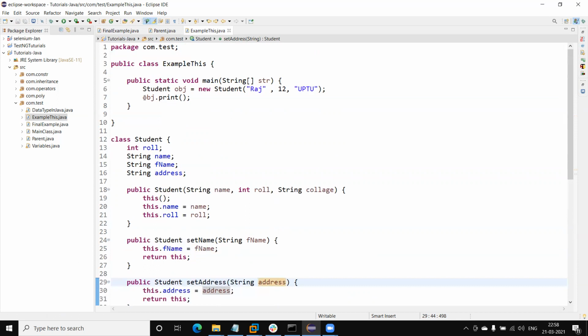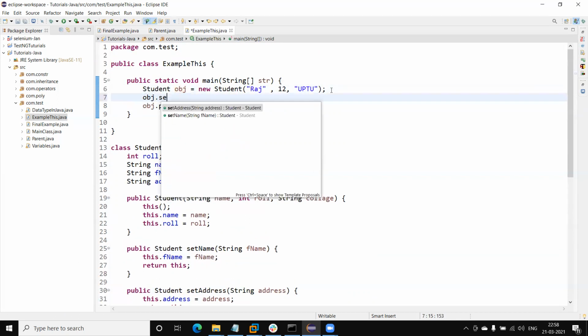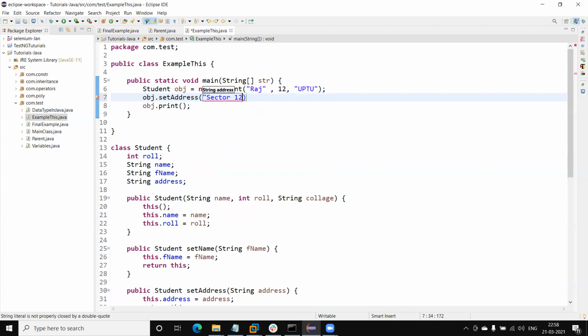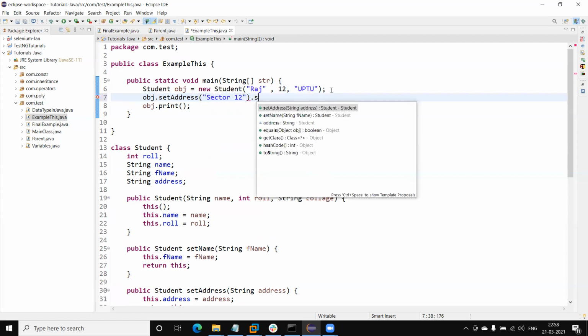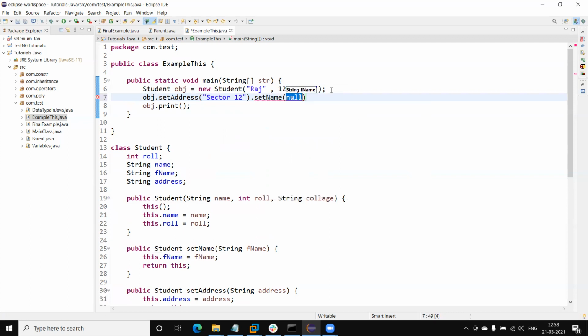Now we have created one object, so I can call object.setAddress, like suppose sector 12, then we can call .set again, because this also returns the same class object. We can chain them.